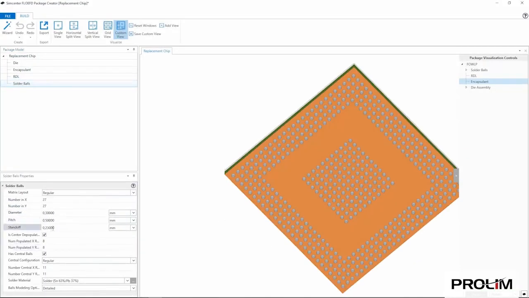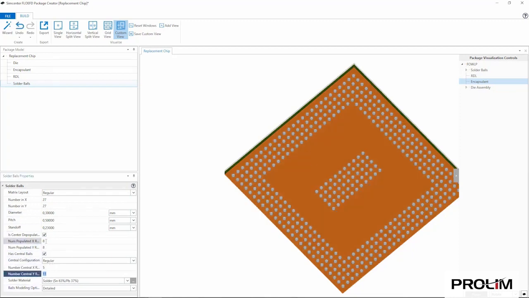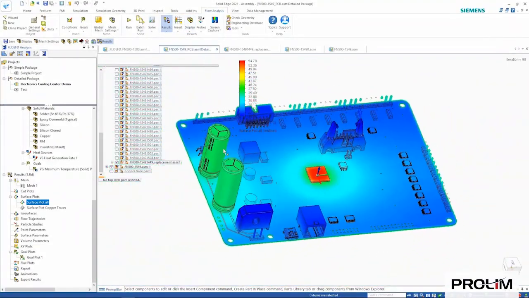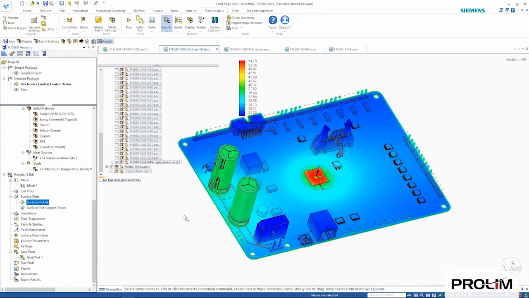The new Package Creator tool specializes in the rapid creation of accurate thermal models of electronic packages, with correct definition of chip layers and solder balls on the chip. Here we can clearly see the thermal effect on this PCB board, and in turn its effect on the overall